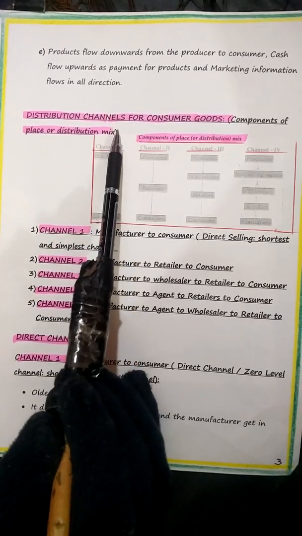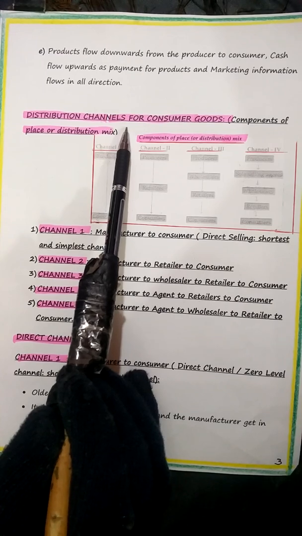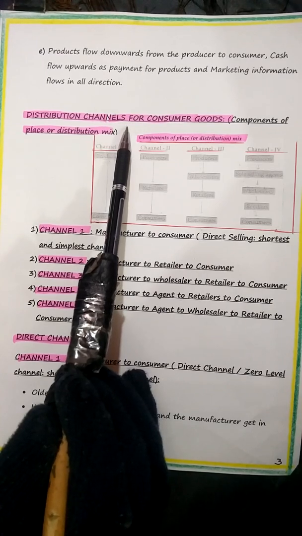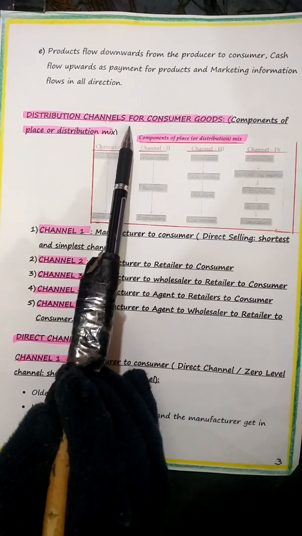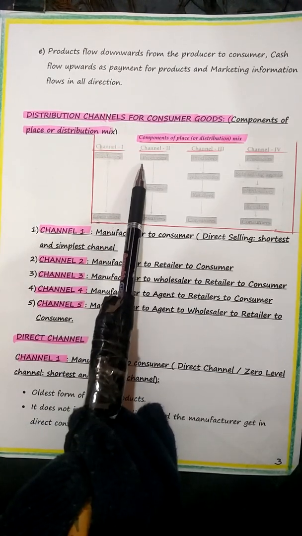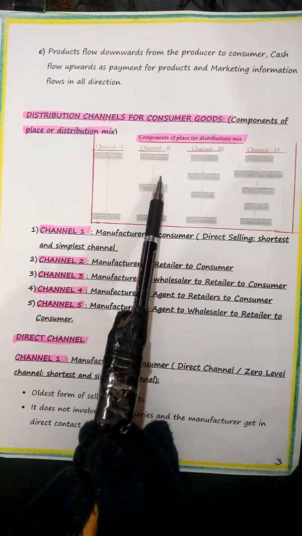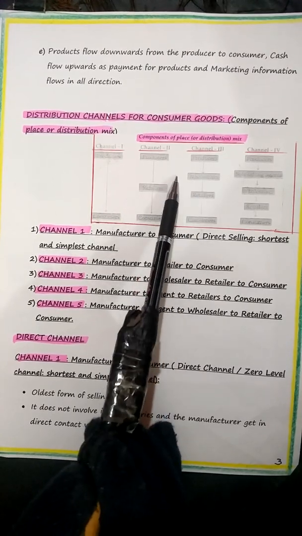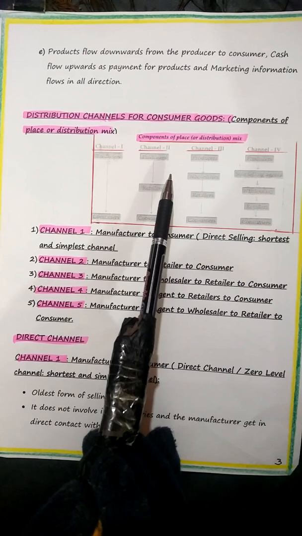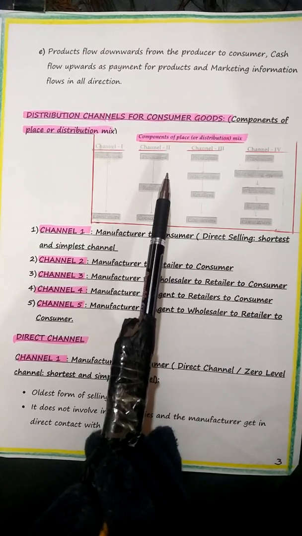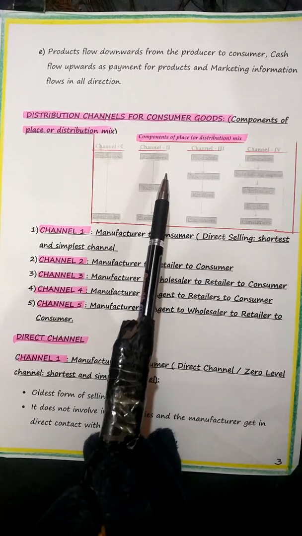Again, I'm telling you, children, please make a note. The path taken by goods in their movement is known as distribution channel. This chart shows the channels through which goods pass in their journey from the producer to the buyer. There are two ways, two levels I told you. Direct selling by producer and consumer. Only these two parties are there. Direct, producer to consumer. Then indirect selling.